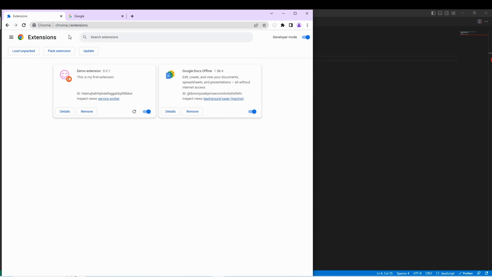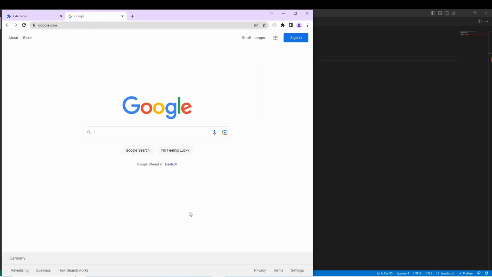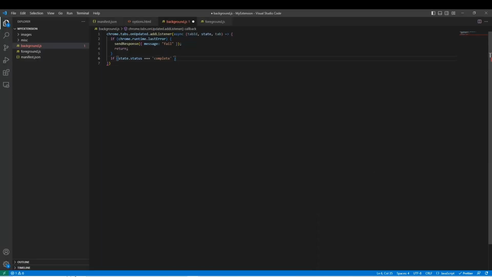So it also wouldn't make sense in our scenario to have access to a tab which is loading FTP or something. So we want to make sure that this is actually HTTP. And yeah, the easiest way to actually check this is the regex way to do it. So we'll check for